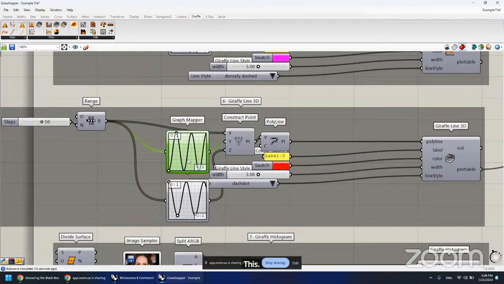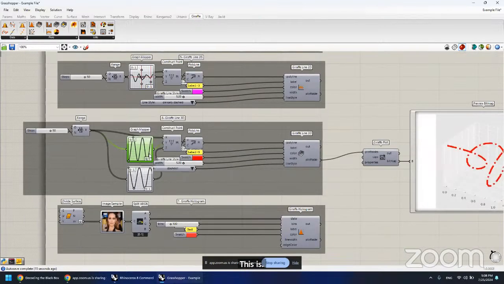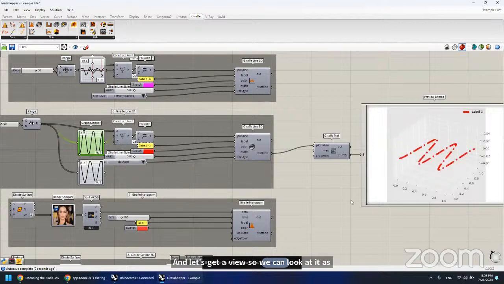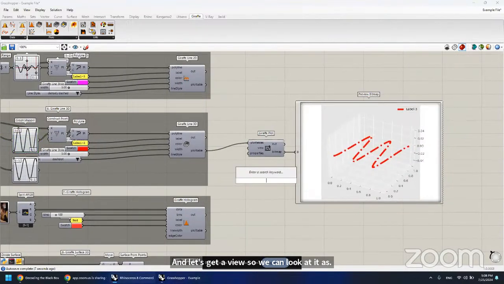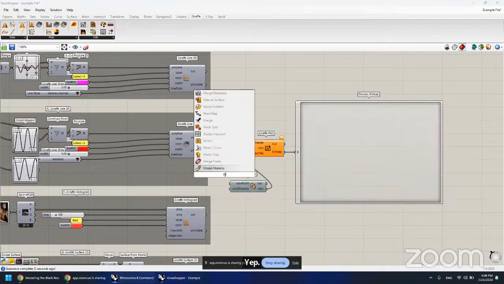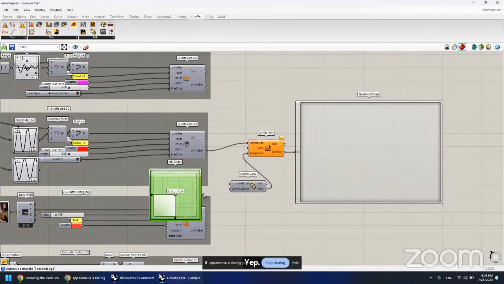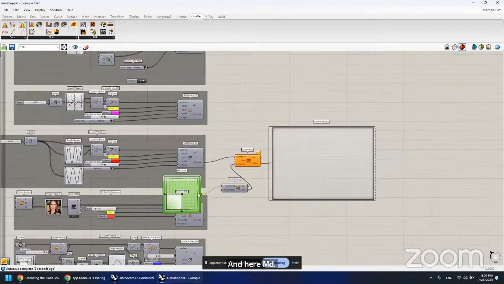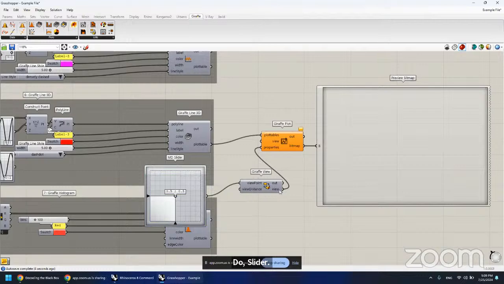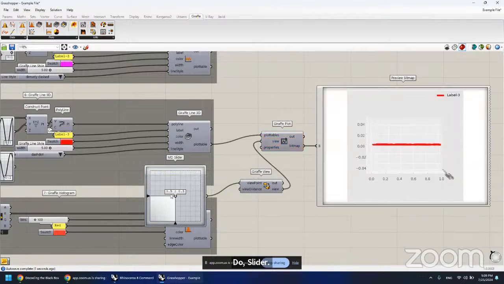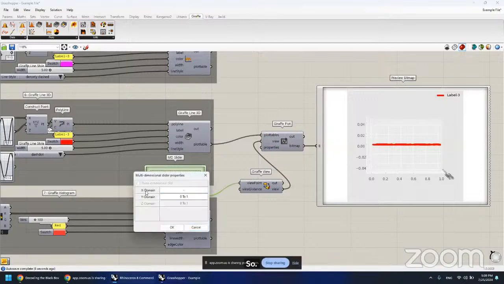And let's get a view so we can look at it at other angles. Yep. And here, MD slider. Okay, I missed the view. Okay, this one is the view. So let's edit this from minus 90 to 90. Copy that